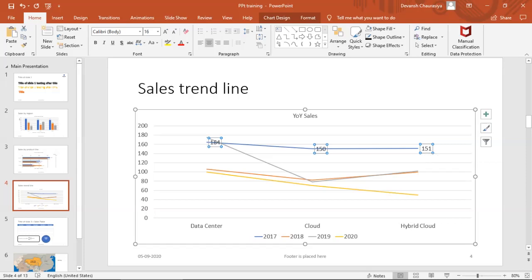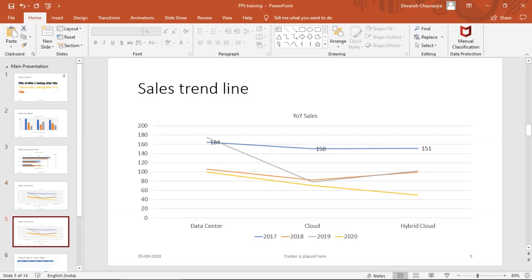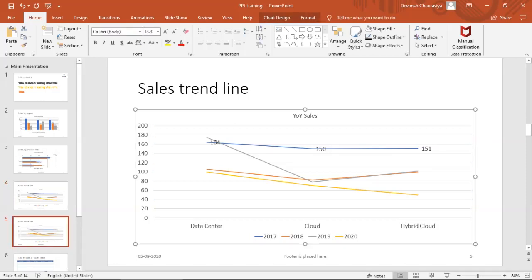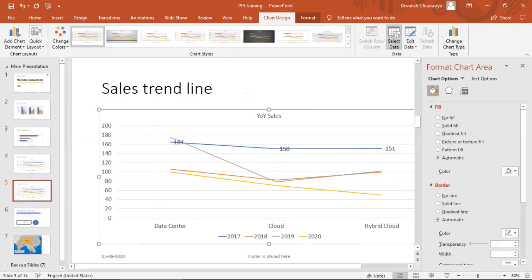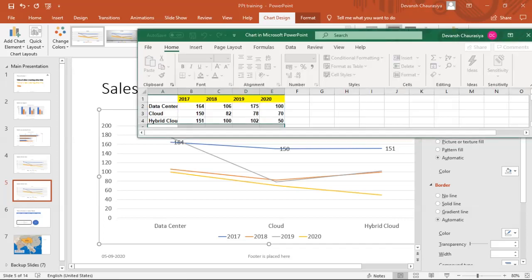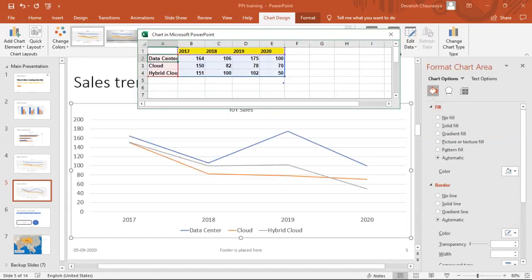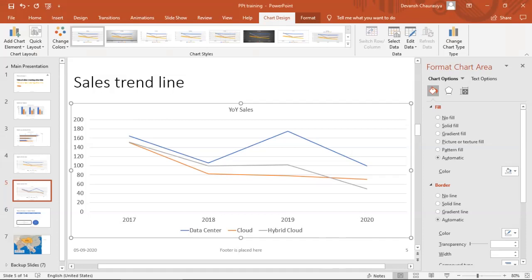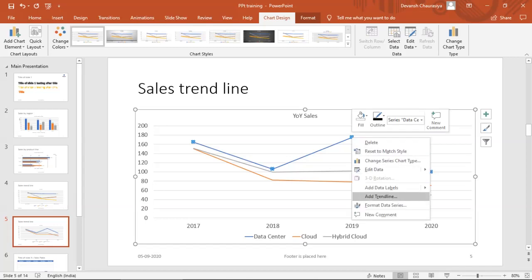Okay, that's our line. What I can do is, in a very weird way, I can just duplicate it and double click again, select data, let's switch it and see how the data looks. It will show you the line for the cloud. Switch the column, click on OK, cross this, and add data label only for this. Right click, go to data label.